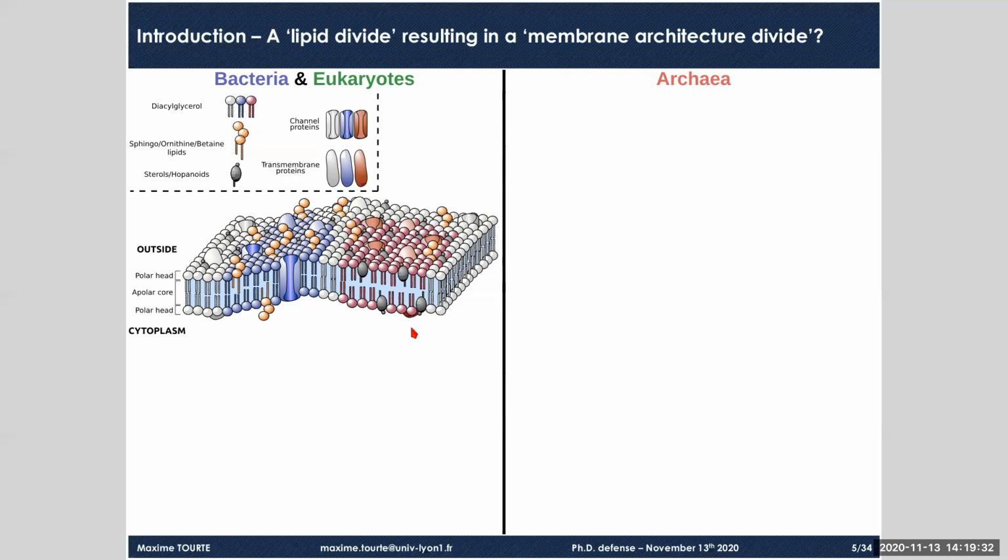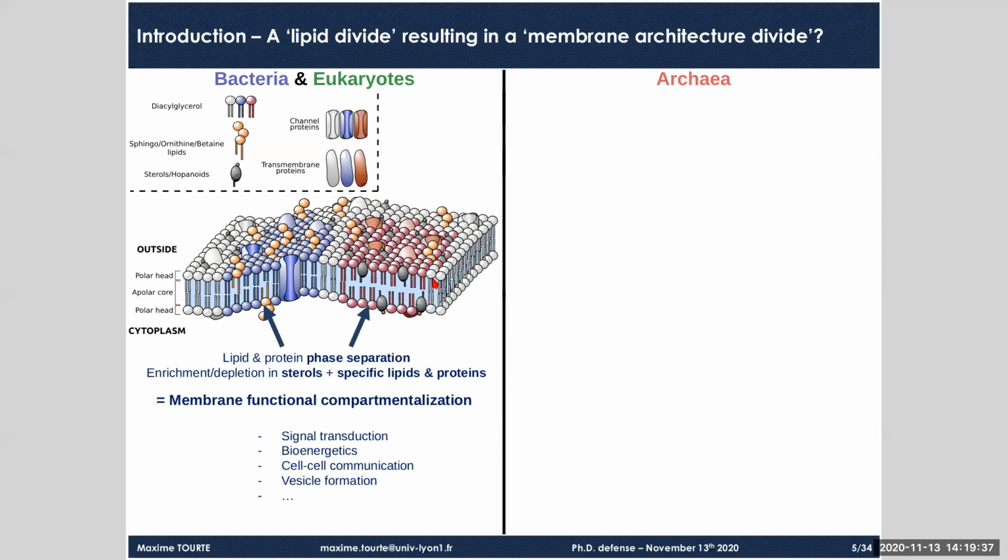And these different physicochemical properties also allow these different regions to insert or ensure different sets of proteins. So this allows compartmentalizing the membrane of bacteria and eukaryotes into different functionalized regions, which are extremely important for the membrane of microorganisms, as it transforms a relatively small membrane into a highly efficient and multifunctional platform. But due to the specificities of the Archaea lipids, we don't know how they organize into a functional membrane and whether this model for bacteria and eukaryotes can also be applied to Archaea.